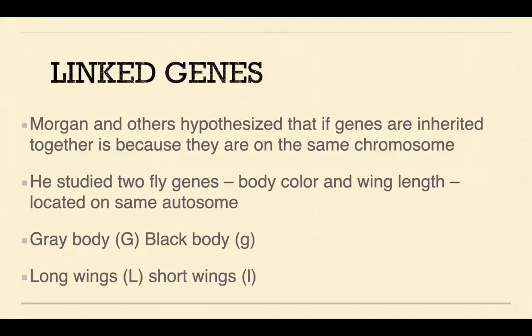Morgan and others hypothesize that if genes are inherited together, it's because they're on the same chromosome. I think there was a question in chapter 9 from one of the worksheets I gave you: what do you think Mendel would have hypothesized if his genes were closer together? He probably would not have come up with the law of independent assortment and the law of random separation, because genes that are closer together are more likely to be inherited together, because you have,